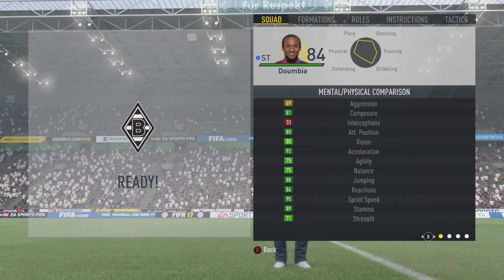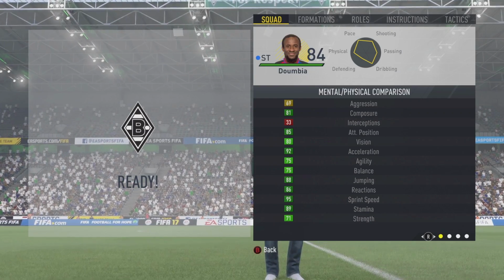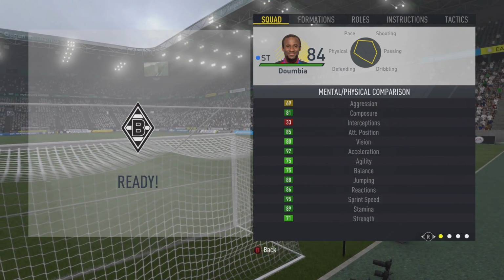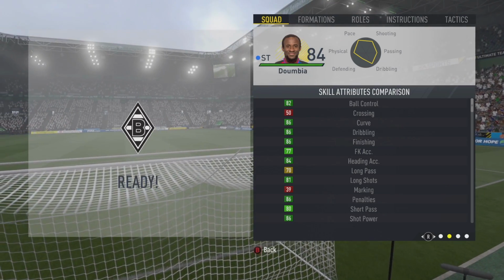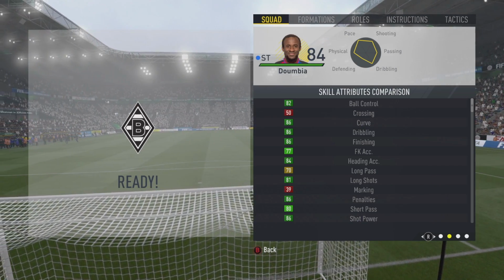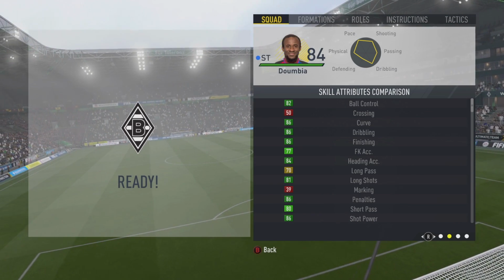He feels better than that. His balance is 75, jumping is 88, 86 reactions, 95 sprint speed, stamina's 89, which is really good. Strength is 71. Ball control 82, curl 86, 86 dribbling, 86 finishing, 84 header and accuracy, 81 long shots, 86 penalty, 80 short pass, 86 power,